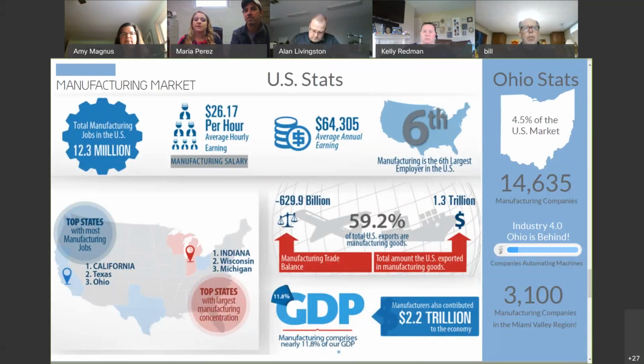Manufacturing is a huge sector in our economy. As you can see, we are in the heart of it all. We are ranked 3rd after the 2 largest states in the US, and the manufacturing concentration surrounds us. Ohio has more than 14,000 companies, and in a recent study, it shows we are way behind on these companies to get to Industry 4.0,